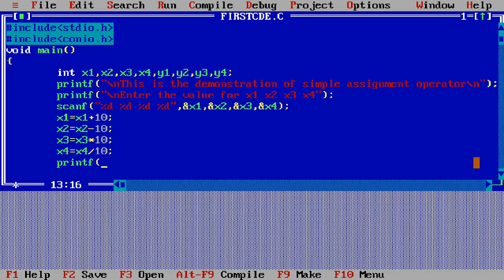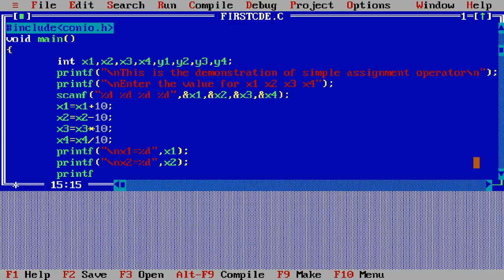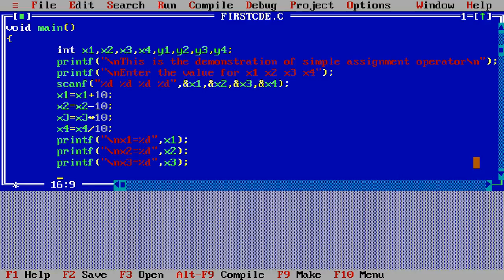and I write here the printf \n x1 equal %d, and then comma x1, and then again write here the printf \n x2 equal %d, comma x2, and then printf \n x3 equal %d, comma x3, and then printf, and I write here \n x4 equal %d, comma x4. Okay,